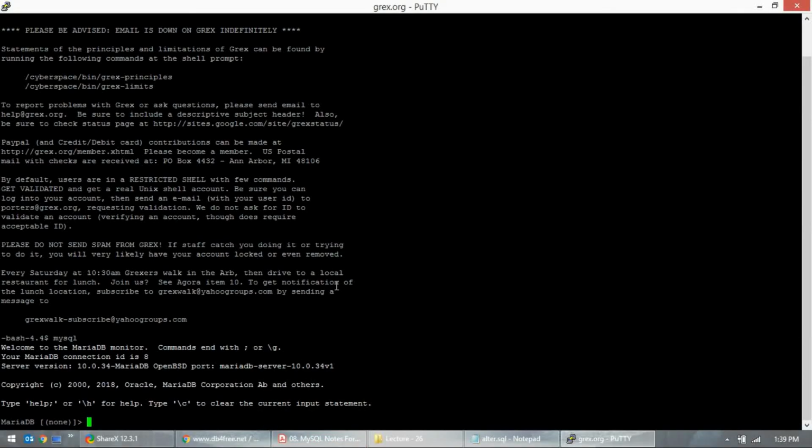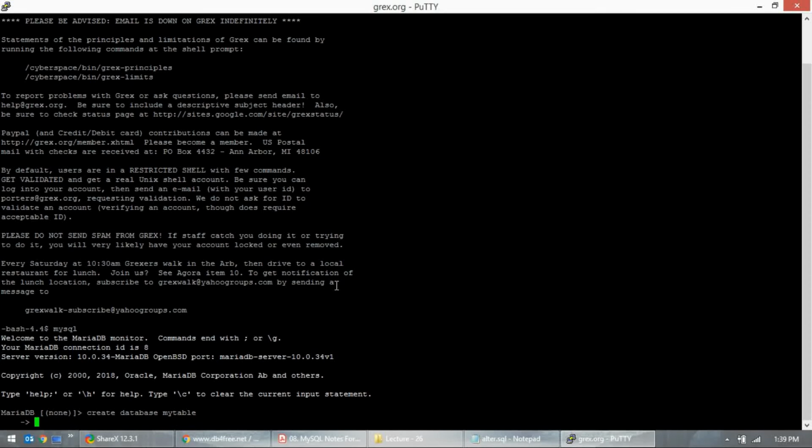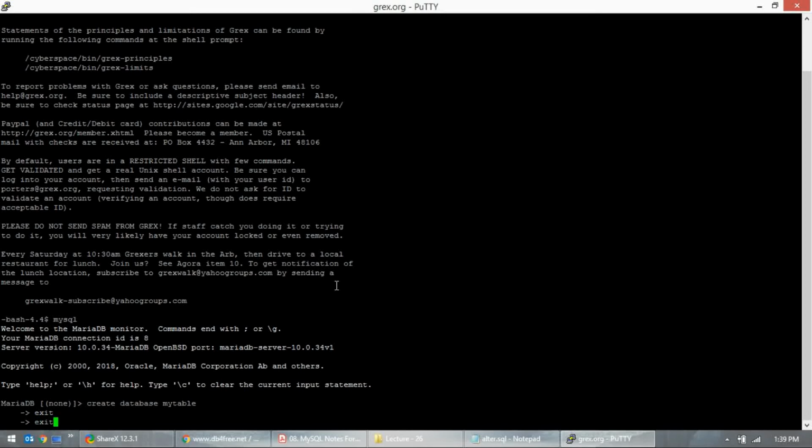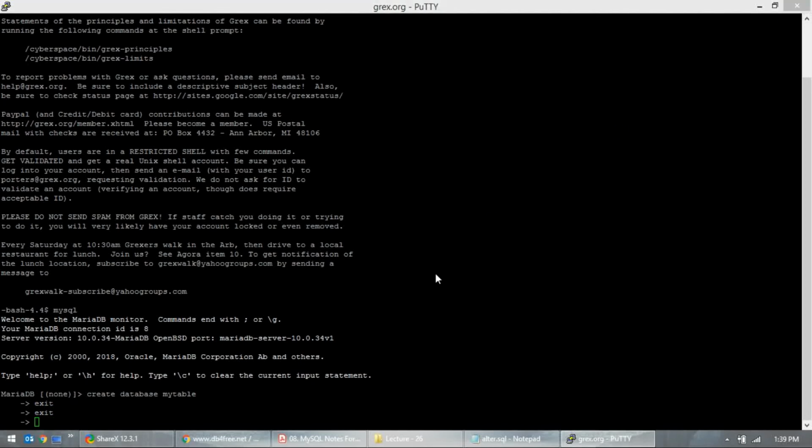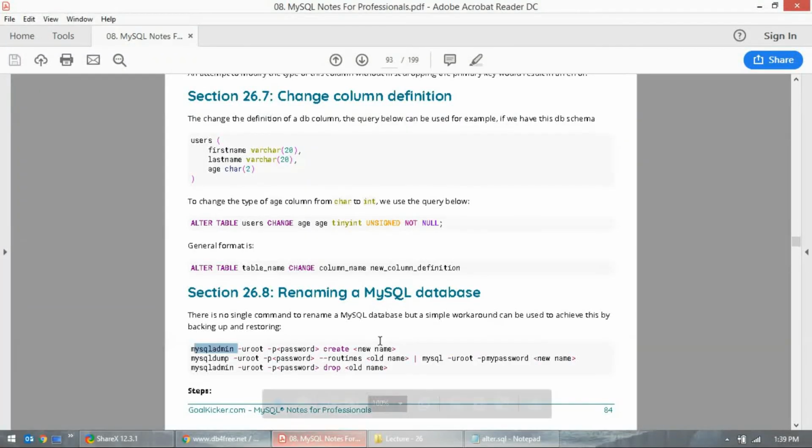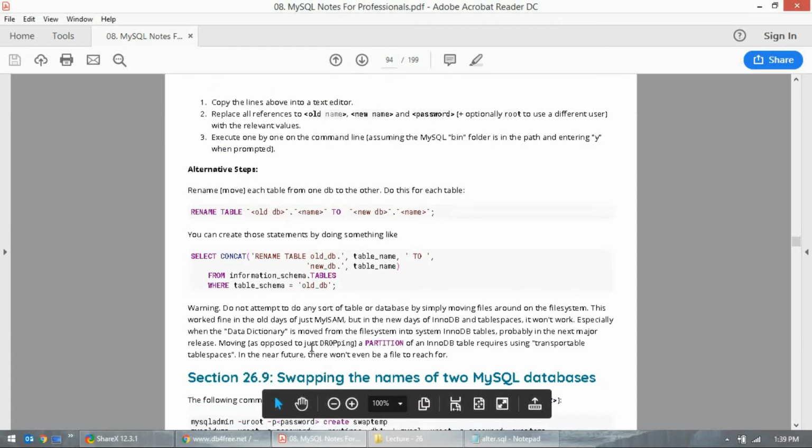We can create it in a similar way with the syntax you are trying to use here: create database name. It doesn't show anything here. It doesn't even exist, so this doesn't work here. Other than that, this is more for Unix, and you can do it through Unix, not through a normal database. From Unix it's pretty good.